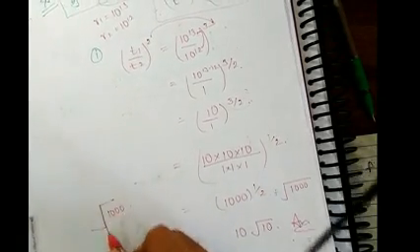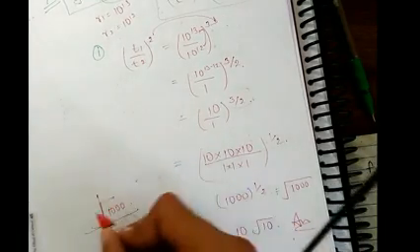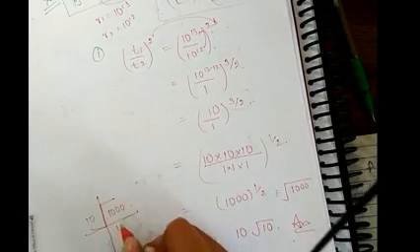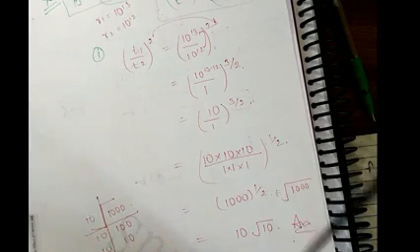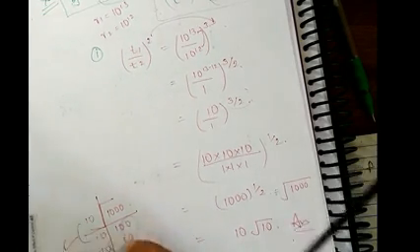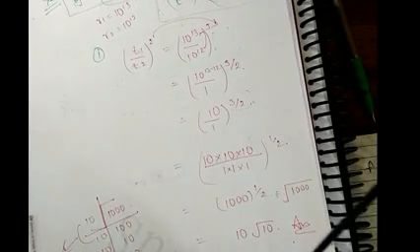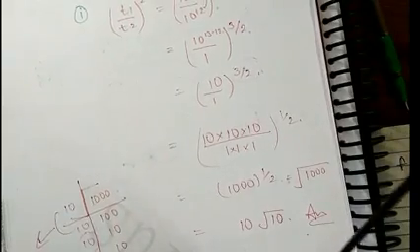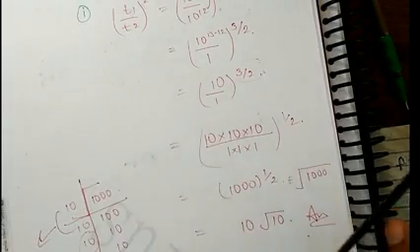If somehow you don't know how to take the square root of this value, you can use the old school method: divide it by 10, and we get 100. Now again by 10, it is 10. Now with 10, a pair is formed, so this pair of 10 will come outside. This other one is not in a pair, it is lonely, so we put it in the bracket. This is how we take the square root, in case you don't know.